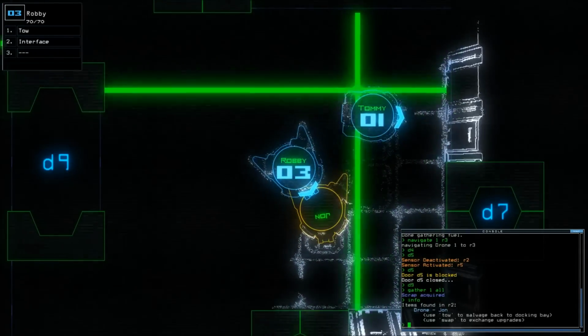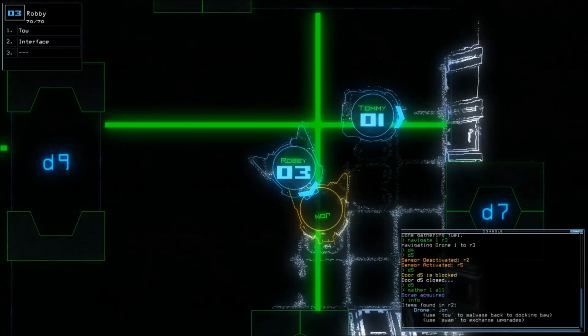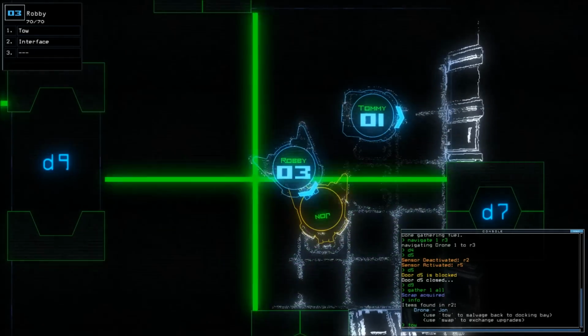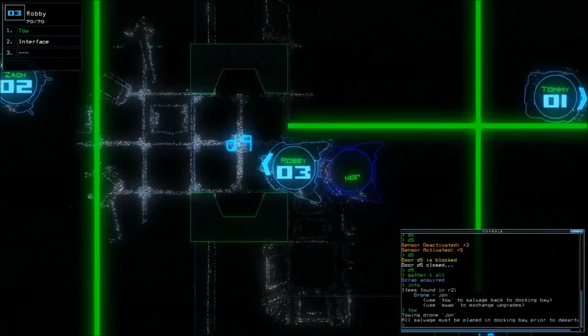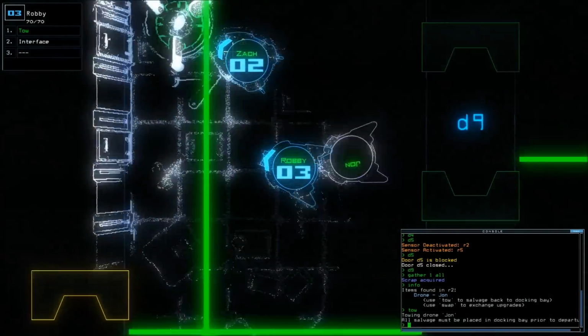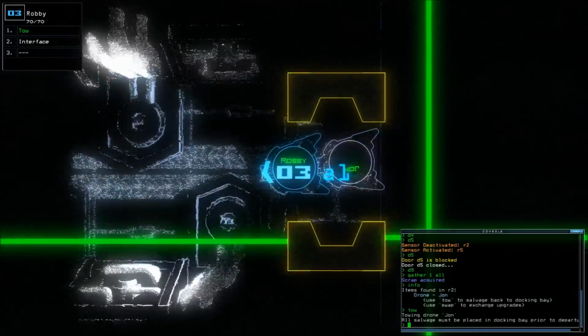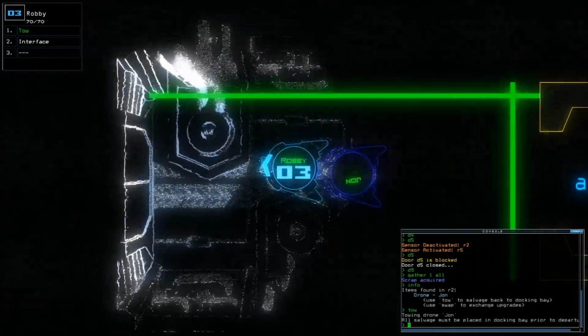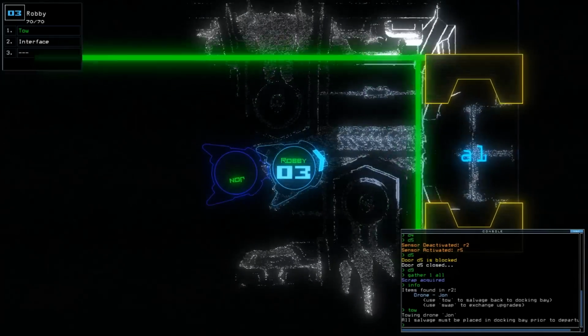Alright, Drone John, tow to salvage back to the docking bay. Swap to exchange upgrades. We will tow you, good buddy. And we shall bring him all the way back, possibly smashing him into various things along the way. Alright. So here we are. Can I drop him off now, or...